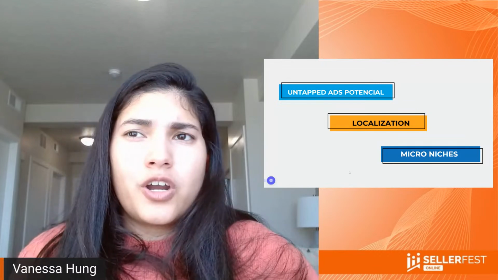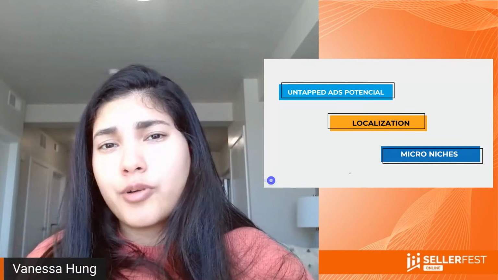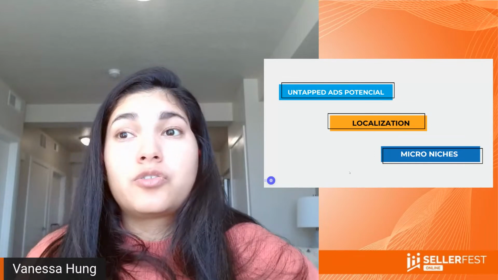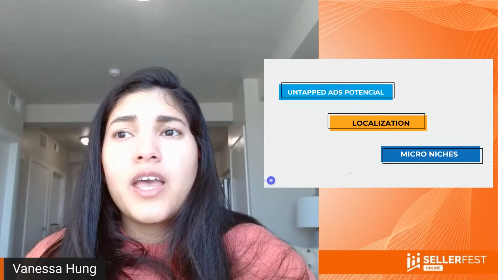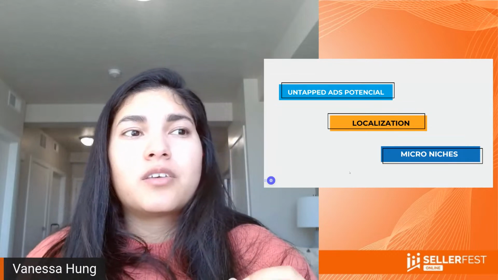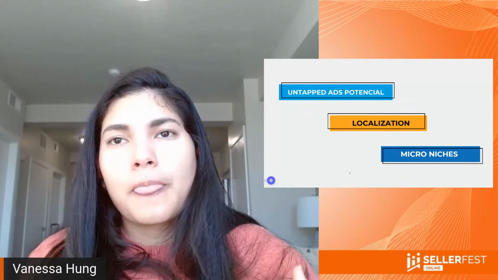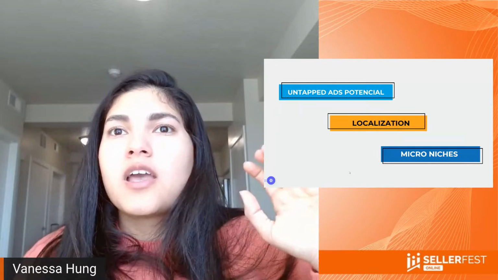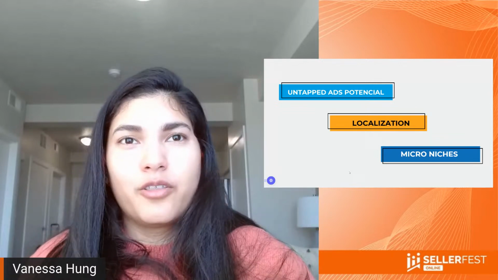So let's say, and this is the example that I give all the time, that you are selling a griddle, right? A griddle for the US market can be used to make breakfast, to make pancakes, to make bacon, to make an omelette or something like that. A griddle for the Mexican market has a completely different use, because they use it to make tortillas and quesadillas and stuff like that. For the Venezuelan market, they use it for a completely different thing, which is arepas and, I don't know, whatever other thing.